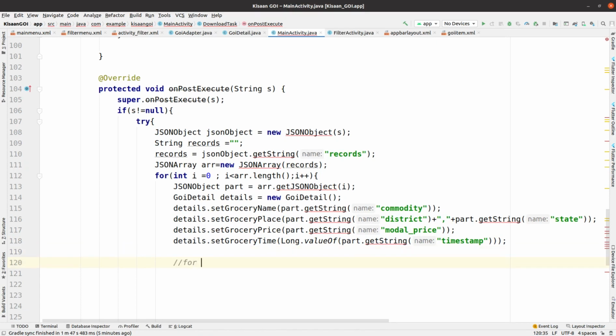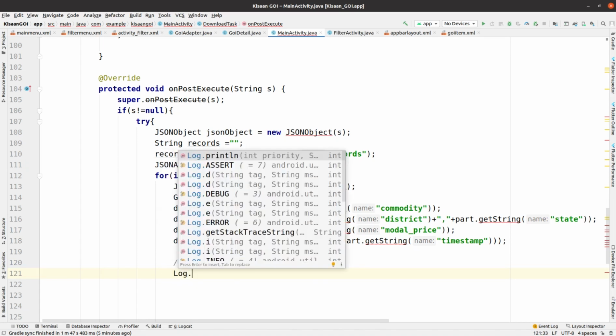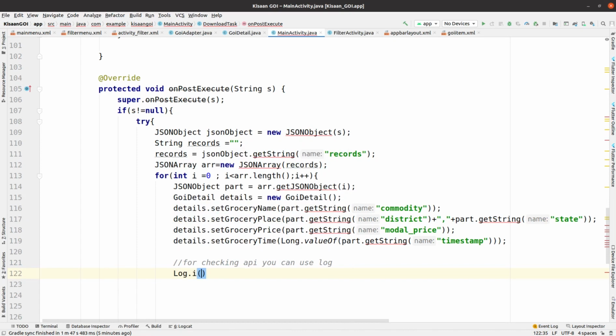And now what we need here, let me see. Okay, so here for checking whether the API is working or not, you can add the log part, you can add the log statement, but if you don't want to do it, then there is no issue regarding this. So this is just for checking the log statement, you can ignore this. Okay, so I'm just typing working API and then